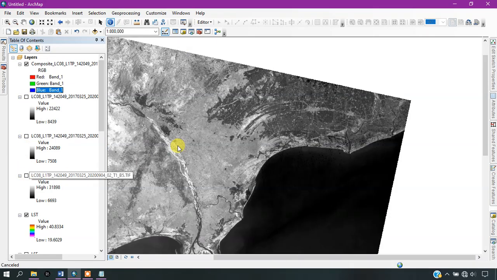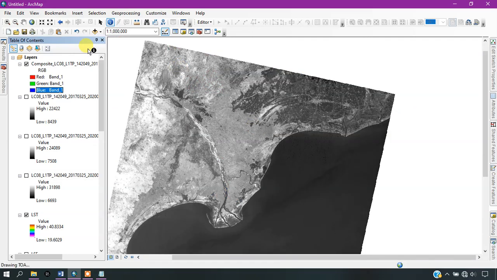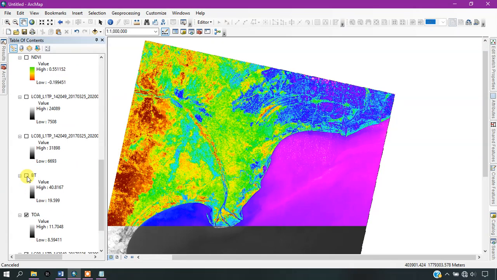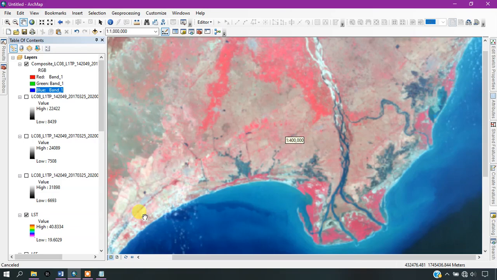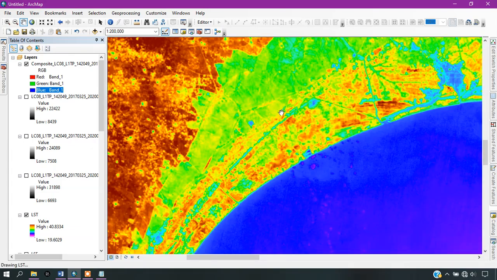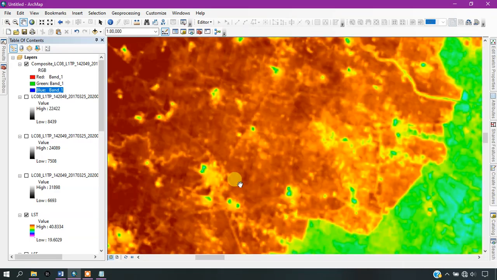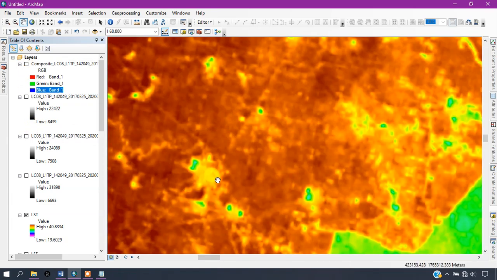Now you can see here. You can just check here. These are the settlement regions which have a higher temperature. You can see here.